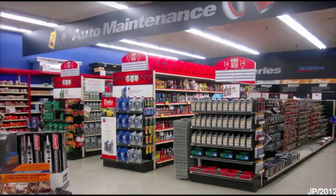All right, now auto maintenance. This is like an AutoZone situation. AutoZone is also a great place. You can either go up to the store manager or go up to the owners or something like that. The owners are usually the people that really want to see your business opportunity, because they're also business-minded people, being the owner of AutoZone. And MCA has an unlimited roadside assistance package, so you can just tell the owner, hey, you can say this to your customers, and then just say this is like a warranty or whatever, because the